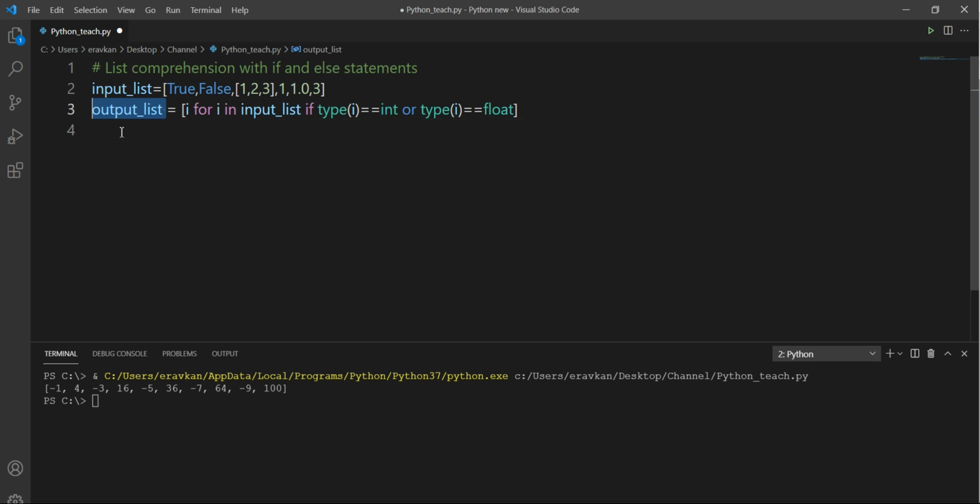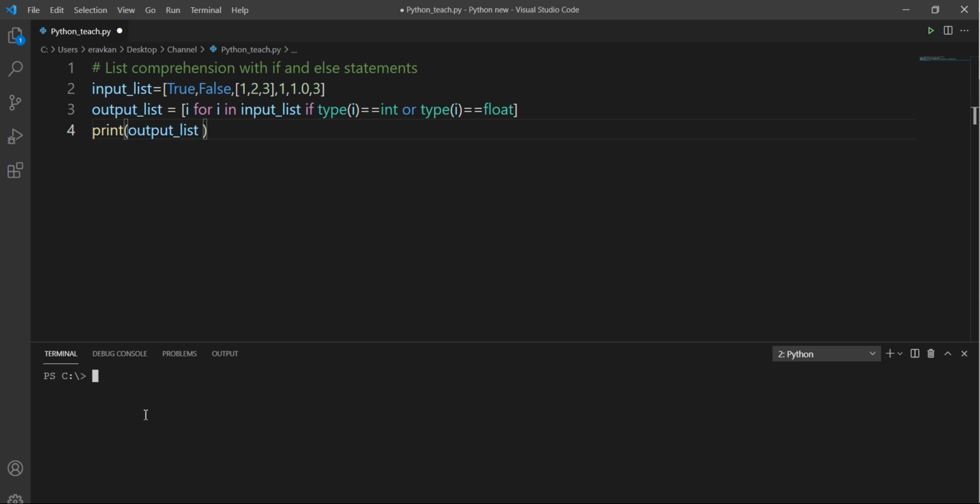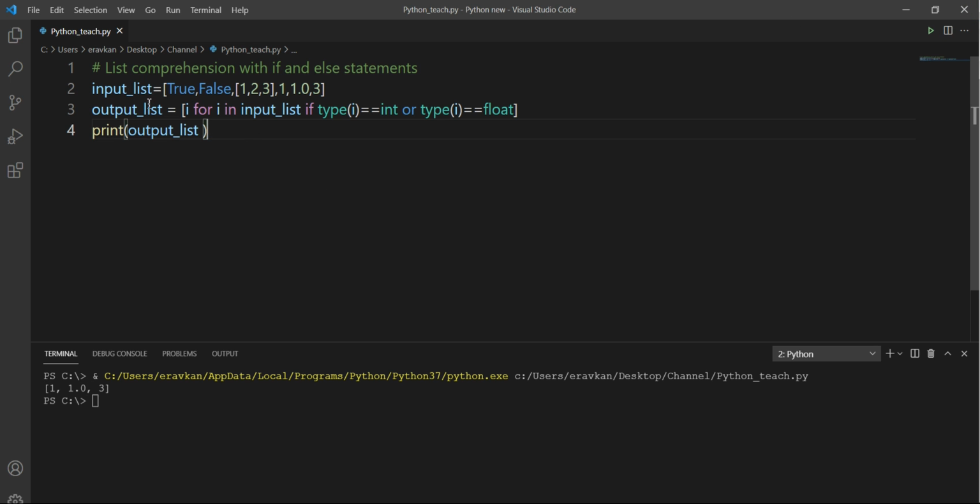So if I print this list, let us see what will be present in my list. So now my list contains only those values which are of type integer or float. So I have used if with an or statement. Okay, let me see if I can give you more examples.